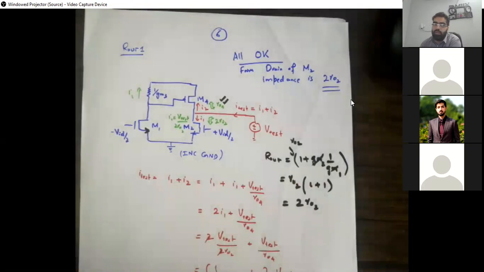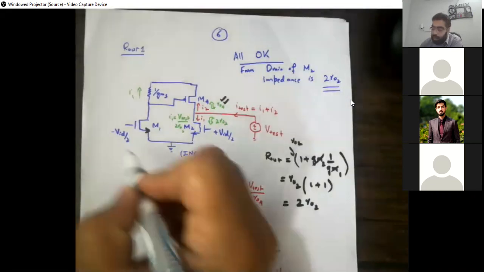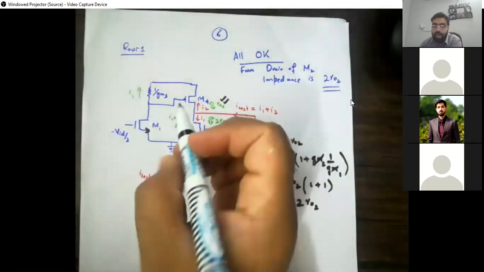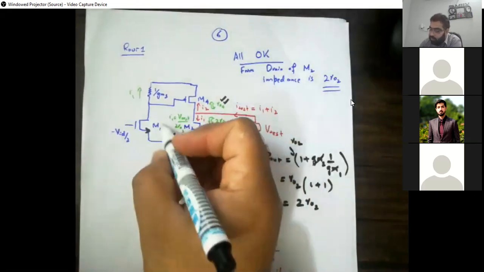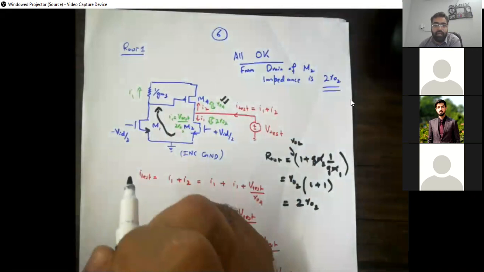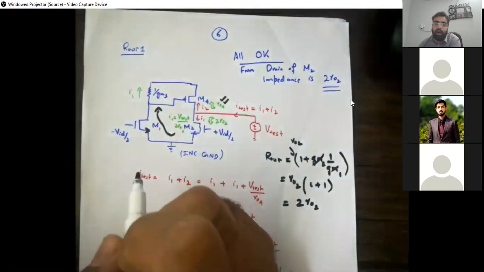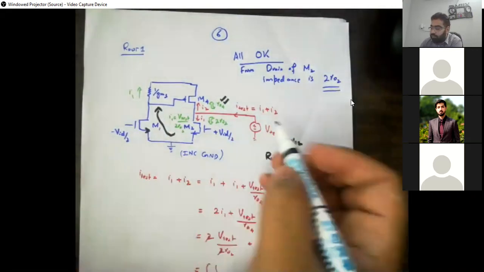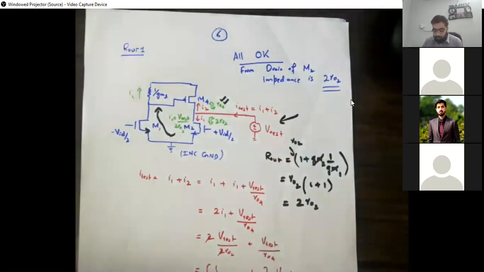So if we say okay, then the impedance is going to be the parallel combination of RO4 and 2 RO2? No. Why? Because there is a feedback path involved here. This feedback path is going to let this current flow from this point. So we need to take into consideration this path, and how are we going to do that? Our friend, the test source. So we are going to put a test source here, a voltage test source, and we are going to divide it by I test to find the impedance or output impedance.